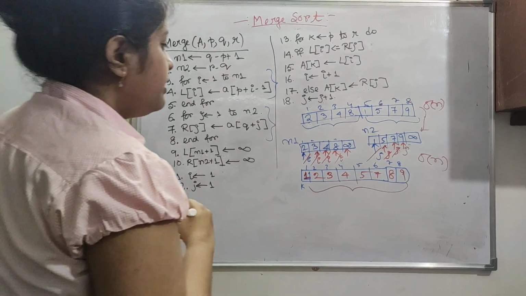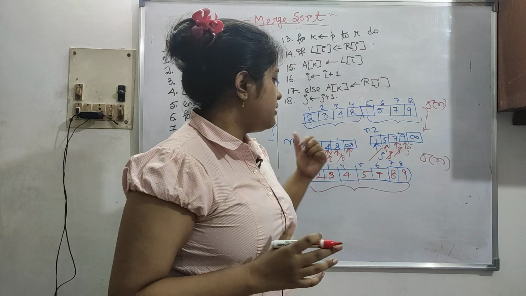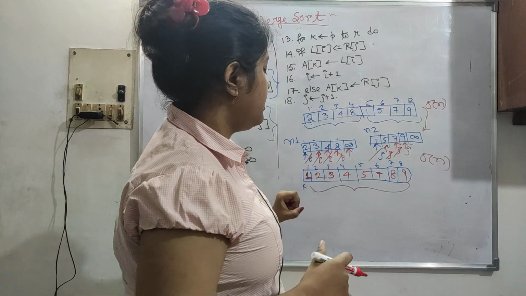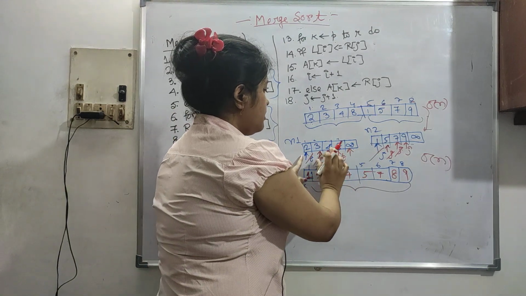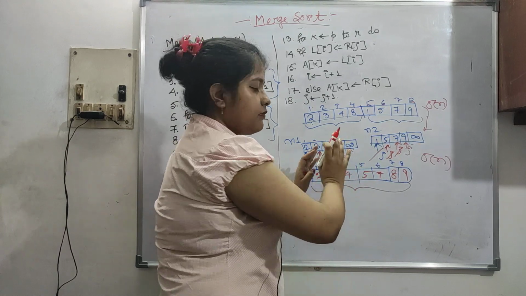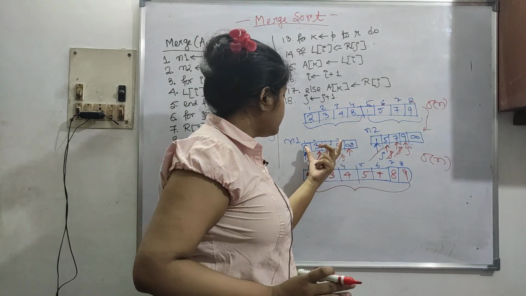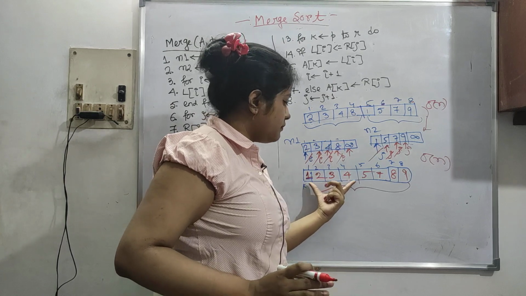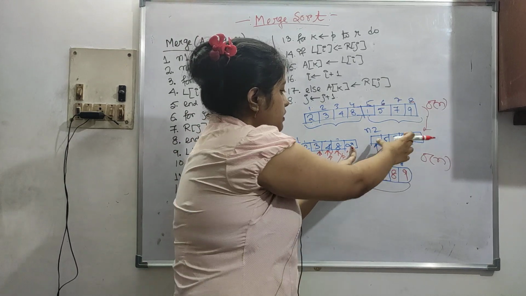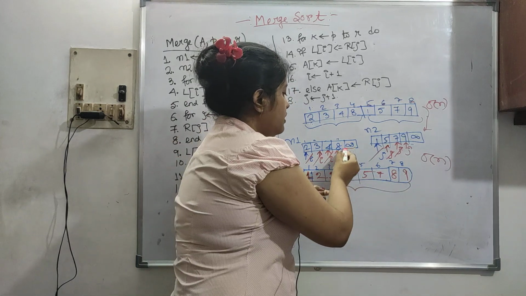Sorry, I didn't mention why infinity is used. Infinity is practically, in computers, just a very big number, because while running a program infinity is not feasible, so just take a bigger number. Why? Because once a list is completed, it will be compared. Let's say the first list is here, in this all the numbers are less than all the numbers of this list. So then this will be moved here, and the whole next list is in the next part, so it will be compared with infinity, okay.